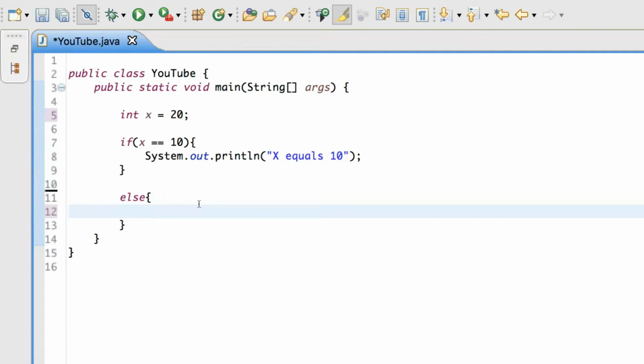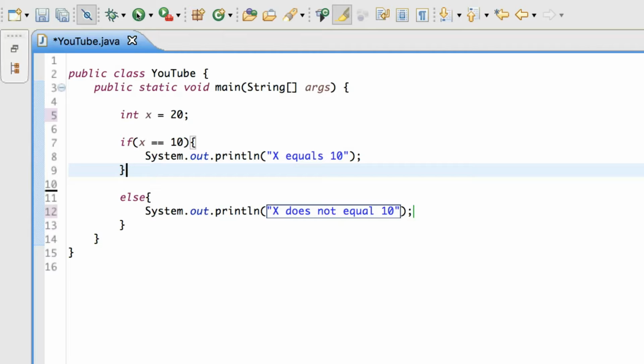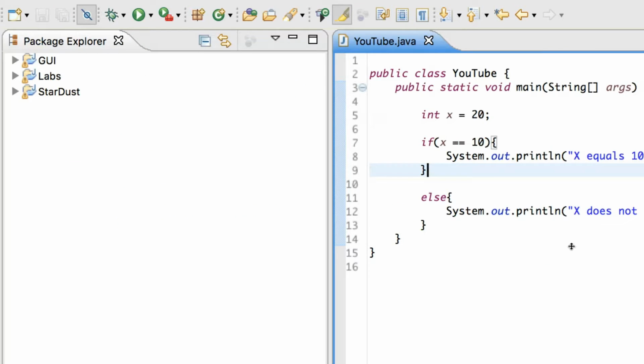And basically what an else statement is, right under an if statement, is saying, if this if statement is not true, then we know that it's anything else but 10 in this case. If x equals 10 is false, we know it's any number but 10. So we can say system.out.println x does not equal 10, okay? And we can go ahead and run this, and since we know that x equals 20, it prints x does